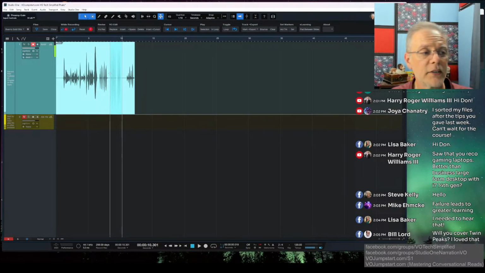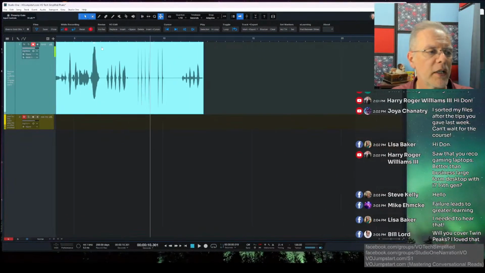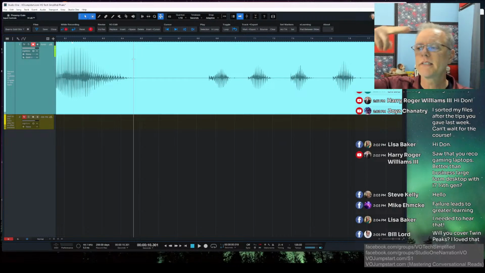I can zoom in on screen here. It looks like this little peak right here is clipping, or not clipping, but sawed off straight, which always sounds funny, by the way. The definition of clipping is when audio is cut off, like it has a pair of scissors.